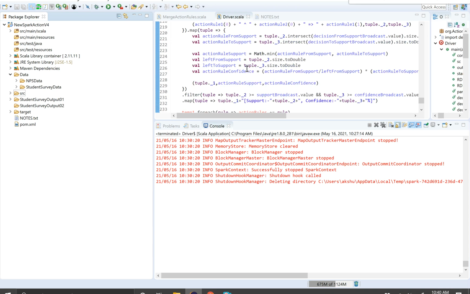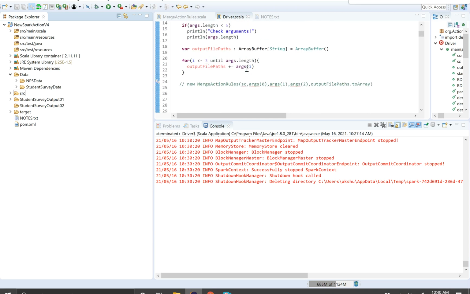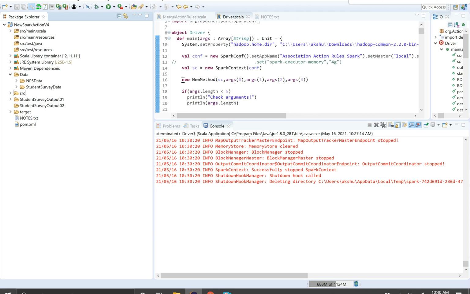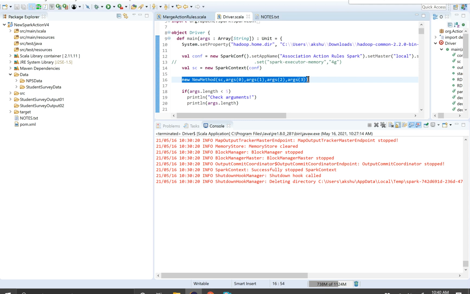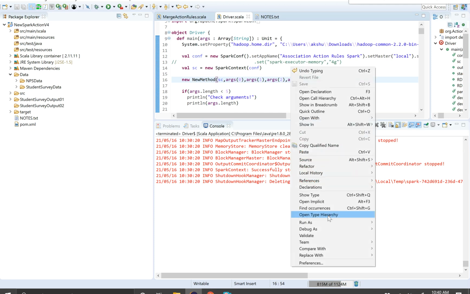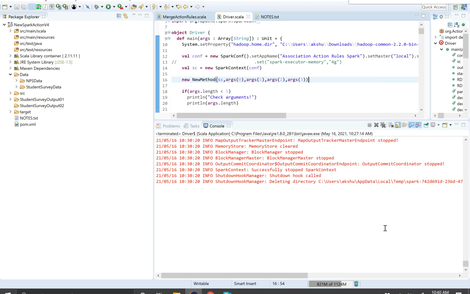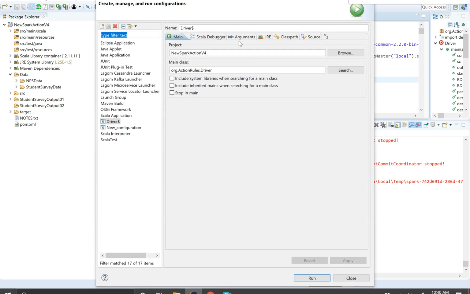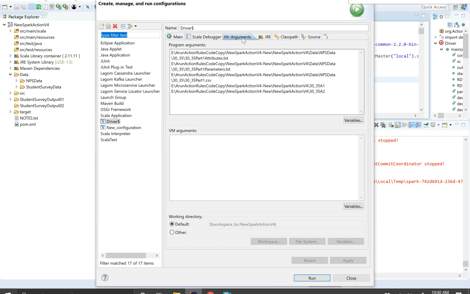So this is the driver.scala method. Inside this, the line will be commented in the folder, so you need to uncomment this line, and it needs 4 arguments to be passed here, but when you just give the 4 arguments, you will get an error. So 5 arguments need to be passed in order to execute this properly. So this is how you execute the code. Right click on the driver.scala, run configurations, and then pass on the arguments.